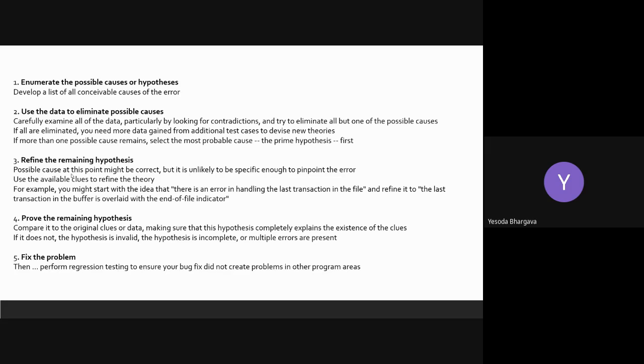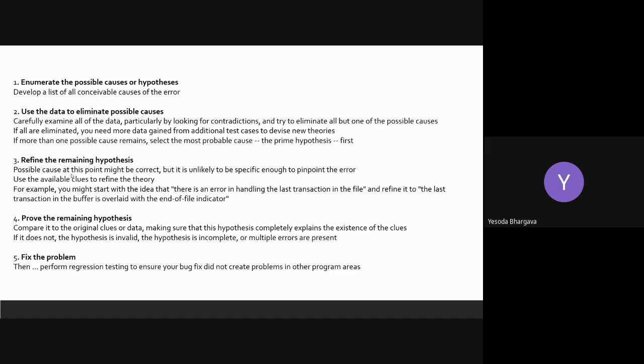And there is sometimes a possibility of overlap between these two approaches, because personally I believe even to formulate certain hypotheses, you need to have a sense of familiarity with the bug that is occurring. So gathering of knowledge cannot be totally eliminated. However, in deduction, basically, you start with at least some hunch about what could be the cause of the error, and then one by one, using the available data, you eliminate the possible causes,